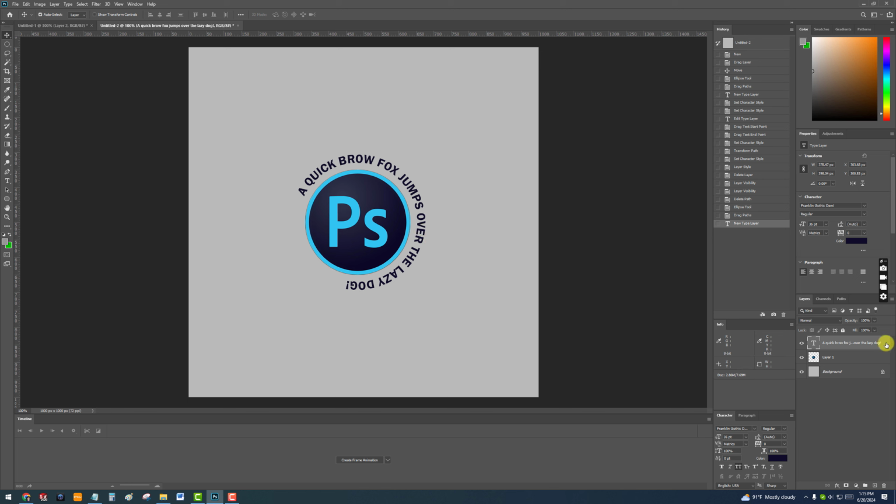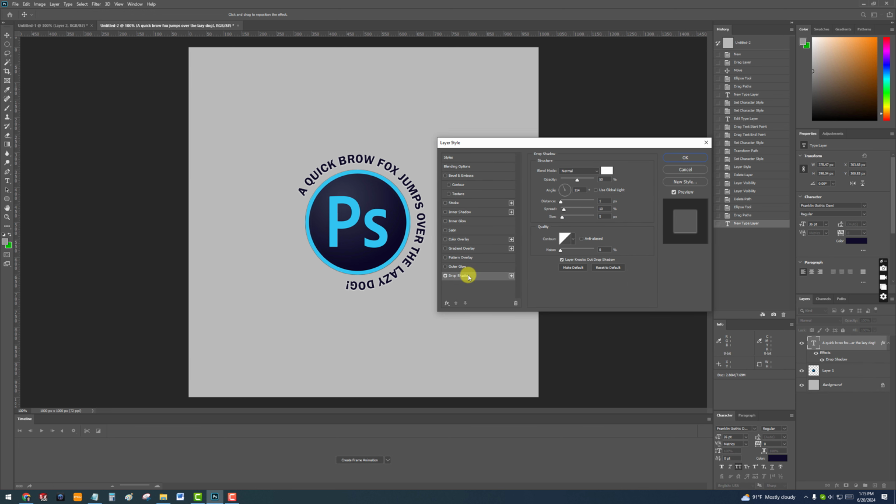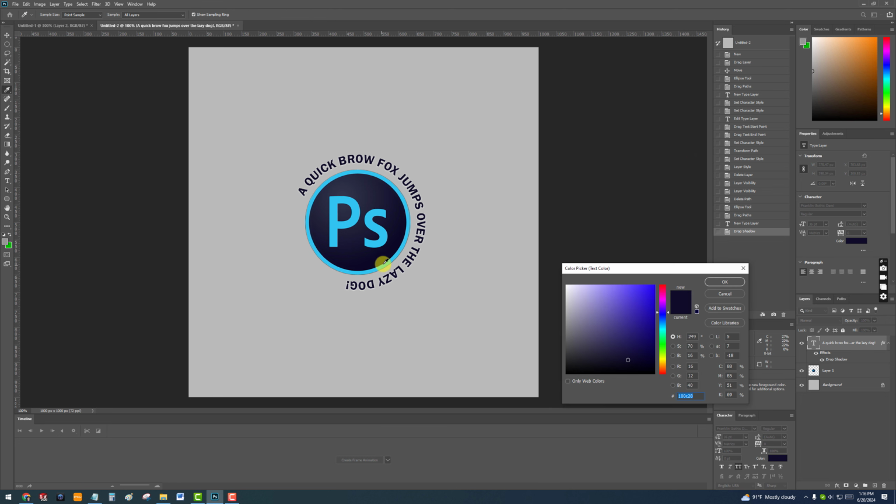You can apply the layer style on it by double clicking at the right side of the layer, a little drop shadow. From the drop shadow, you see a subtle drop shadow around the text. Maybe we can change the color of the text. You see,